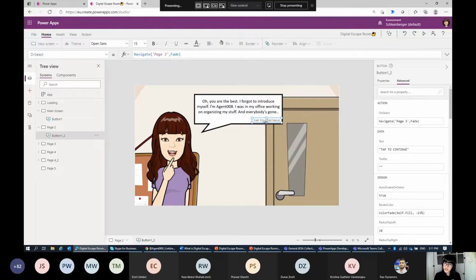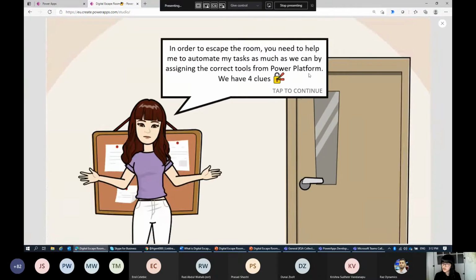And here, if we see tap to continue, it's a similar thing: it navigates to another page, and similarly here, tap to continue. Here I'm explaining, as I mentioned, what kind of things and how many clues they need to open to unlock the door. So if we click here,